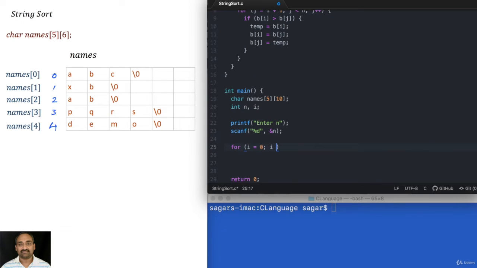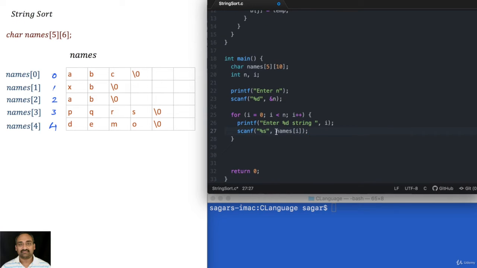For i equal to 0, i less than n, i plus plus, enter the ith string. scanf %s and names of i. So you are reading into the ith string. The first time you will read it into names of 0, second into names of 1, and so on.